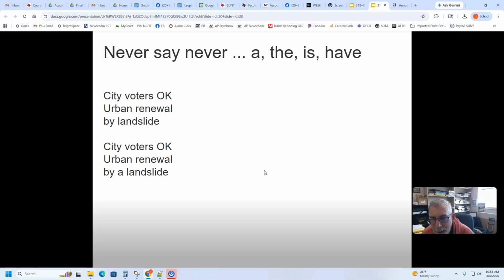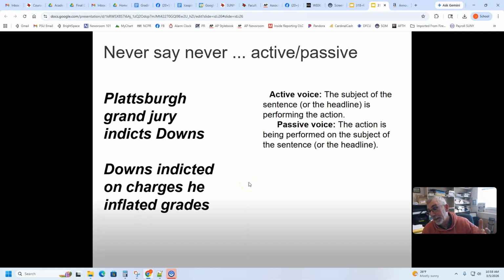So shorthand, we just took the A out, and we didn't use the word vote either. We can get away with the word vote maybe, but the word A makes the difference between a landslide thing or the actual landslide. So the helps here. Like landslide, like geographic landslide, like a disaster kind of landslide.